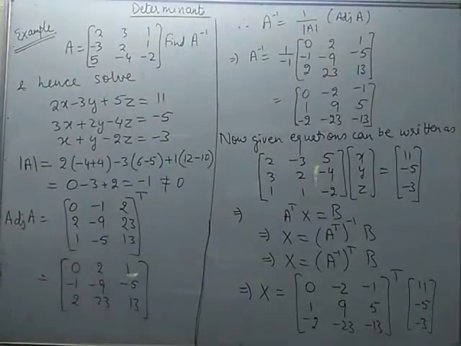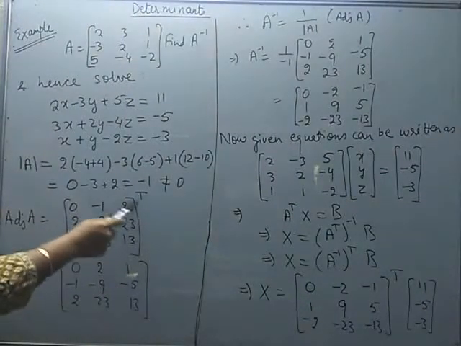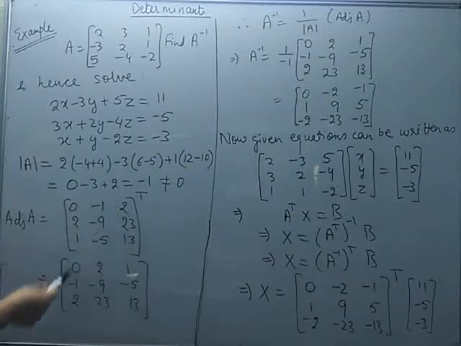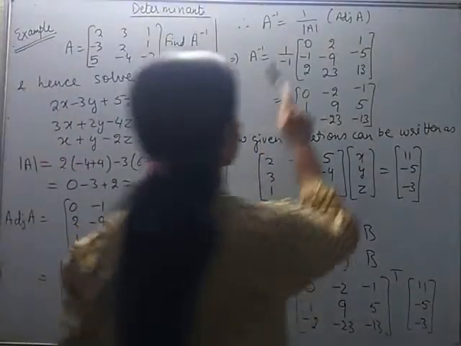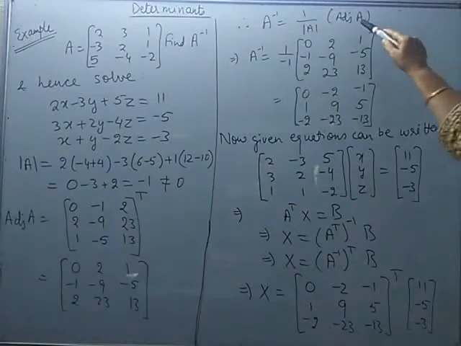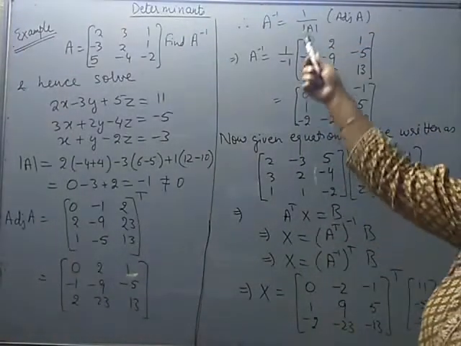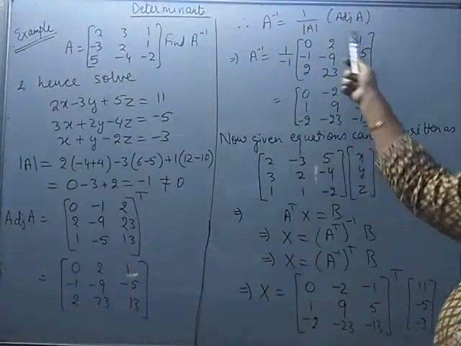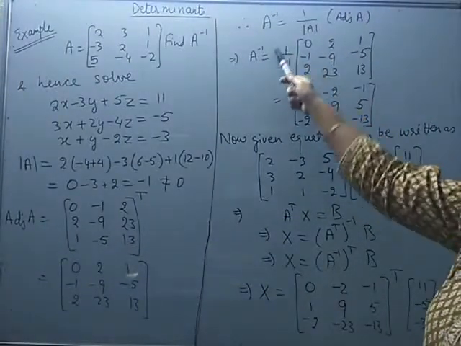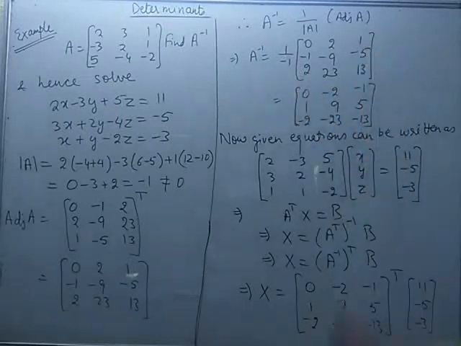In the same manner, we find cofactors along the third row elements, then take the transpose of the matrix of cofactors, converting the rows into columns. So now we know the determinant of A, we also know the adjoint of A, and A inverse is evaluated using the formula adjoint of A divided by determinant of A. So putting their values, 1 over determinant of A times adjoint of A, because the scalar is -1 and quite convenient to multiply inside with each term.